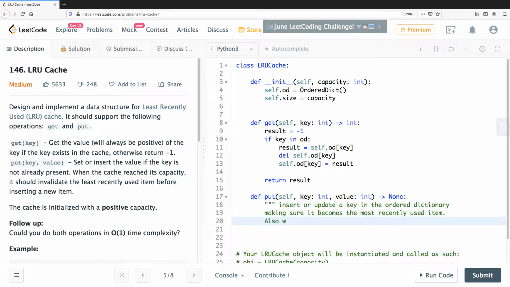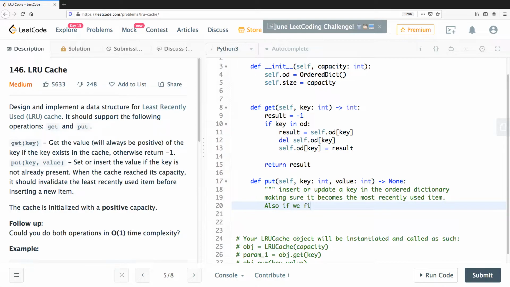Also, if we find that we go over the limit,